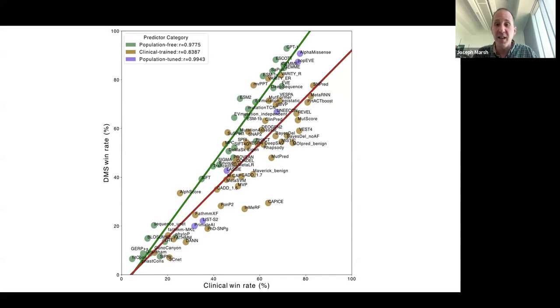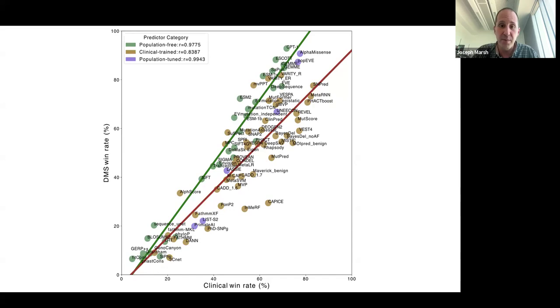human disease variants. And so a lot of people are advocating for these clinically trained methods because they think they should be better at pathogenicity prediction because they've actually been trained for that task. But I believe there's actually not really convincing evidence that they are much better at it, and yet they come with a lot of potential for bias in the way that they've been trained, and people really should think more strongly about using these kinds of population-free approaches, which appear to do great at pathogenicity prediction, but completely